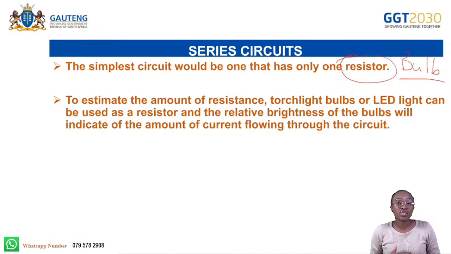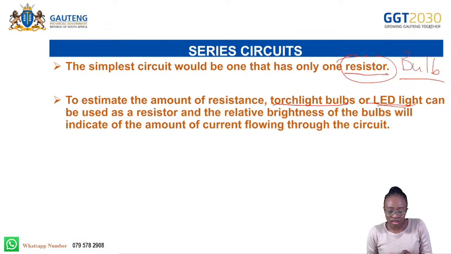So our simple circuit had an energy source, which was a cell. It had conducting wires, and it had a switch and also a torch bulb. So that is a simple circuit. A simple circuit would only have one resistor. Now, to estimate the amount of resistance that a torch bulb or LED light can offer, these two resistors, either torch bulb or LED,